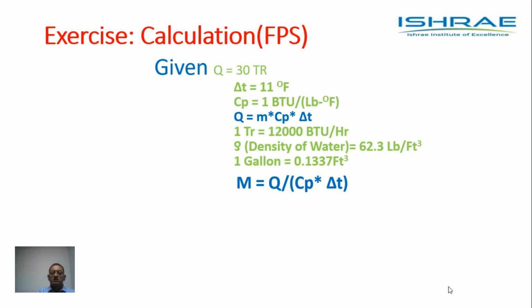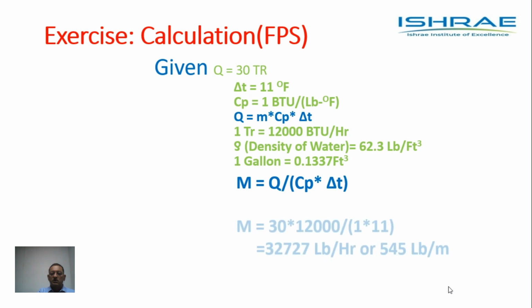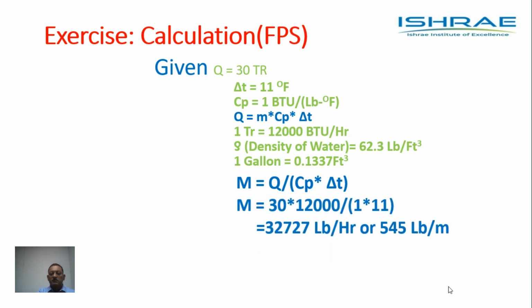Now, using the same relationship which was earlier given in blue, we can have m is equal to Q upon Cp into delta T, and here the Q is 30 TR, 30 TR into 12,000 BTU per hour. So in an hour it is 30 into 12,000 BTU divided by Cp of water, that is 1, and delta T being used is 11 degree Fahrenheit. So we can calculate that it is 32,727 pounds of water per hour. That is equivalent to 545